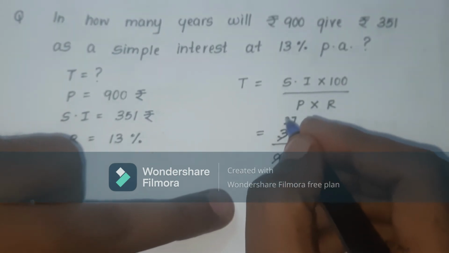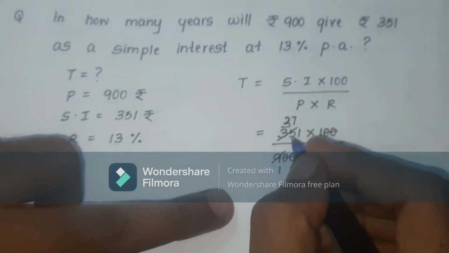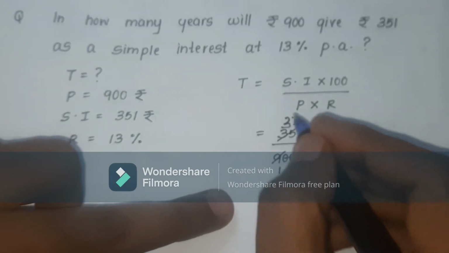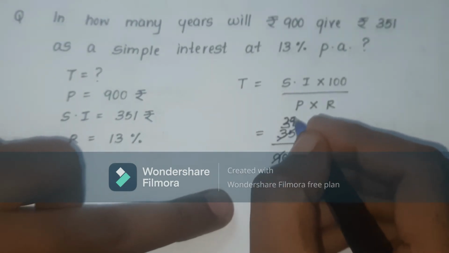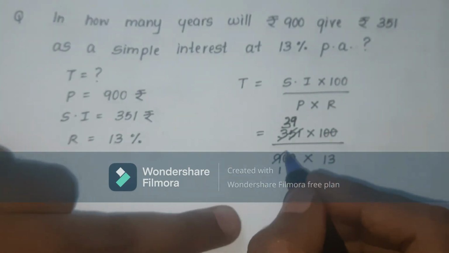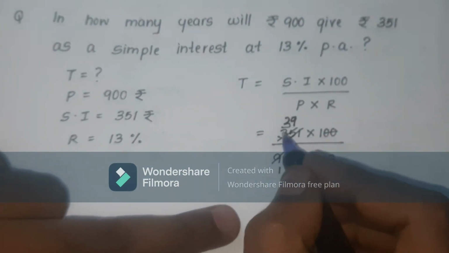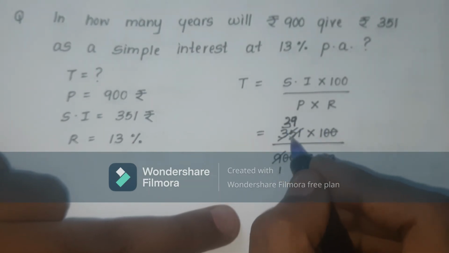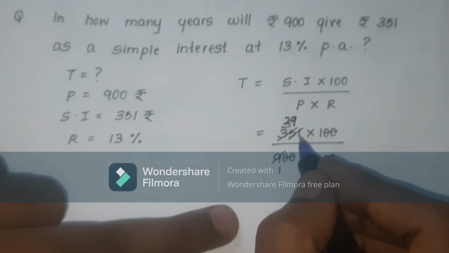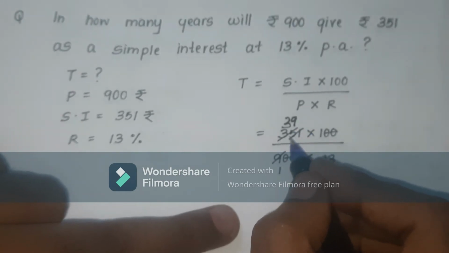Yeah, this will be 9 threes are 27, but 8 is pending, student, so it is 81, right? So 9 nines are 81, so we will say 39. This is 39. This is how we are going to cancel 351. Student, once again I repeat, 9 threes are 27 and 35, but 8 is pending, student, so that's why it will become 81. You know very well 9 nines are 81. This is how we cancel 351.